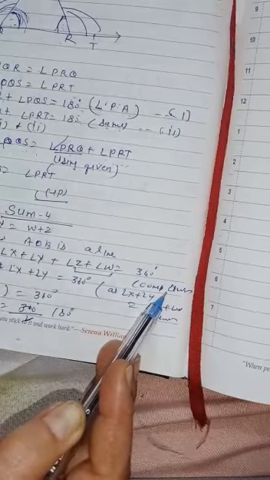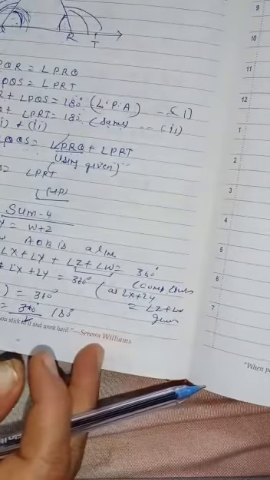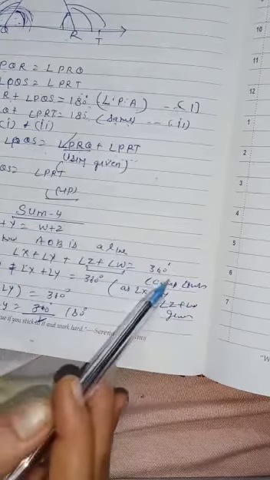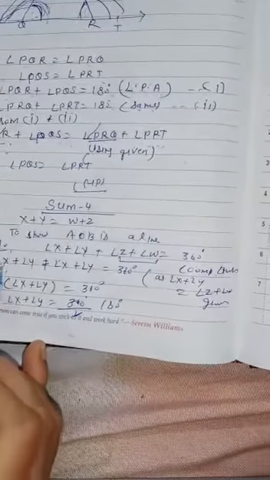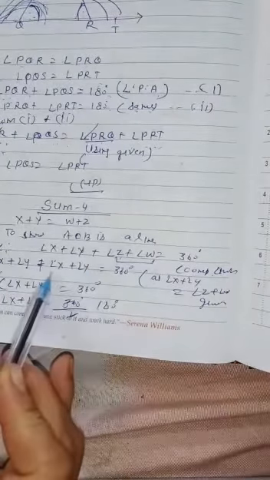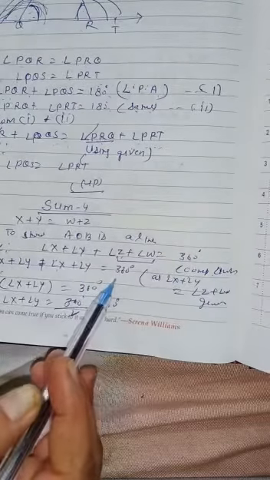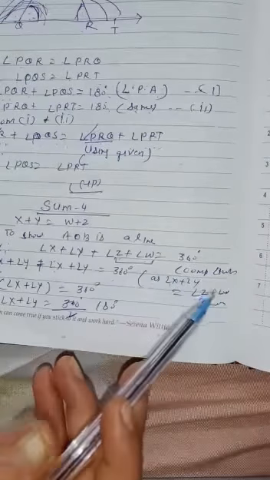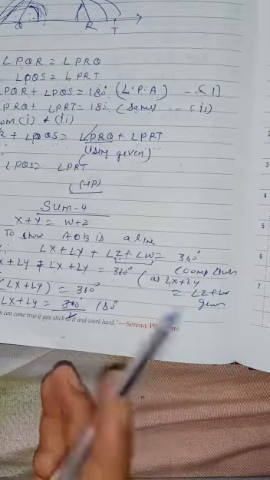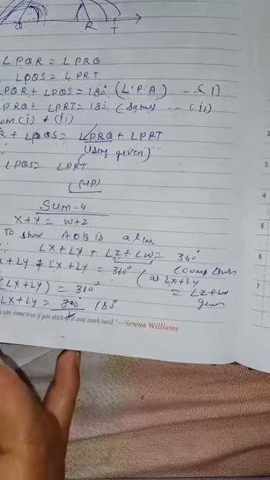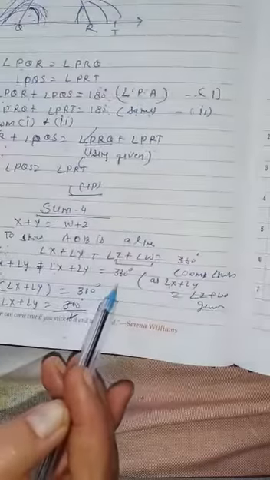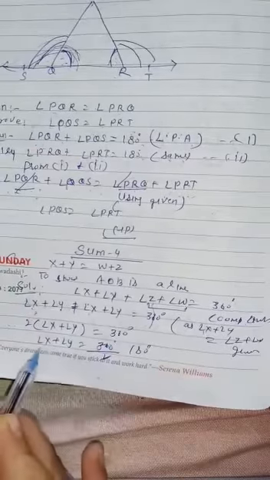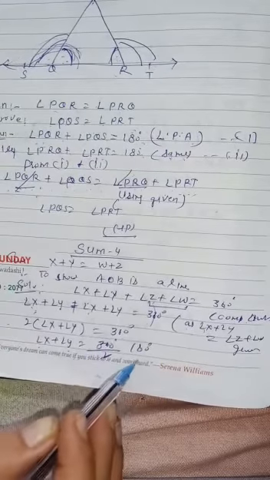In geometry, reasons have their own importance. If you do not write the reason, then marks will be deducted. Write reason: complete angle, or angles formed at one point. Okay, so now just see, instead of z plus w I can replace it by x plus y, so x plus y plus x plus y is equal to 360. Why? As given, x plus y is equal to z plus w. Replace any one pair by the other pair. So twice of x plus y is equal to 360. So angle x plus angle y is equal to 360 by 2, that is 180 degrees.